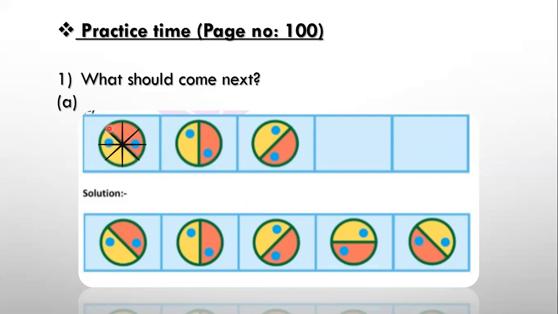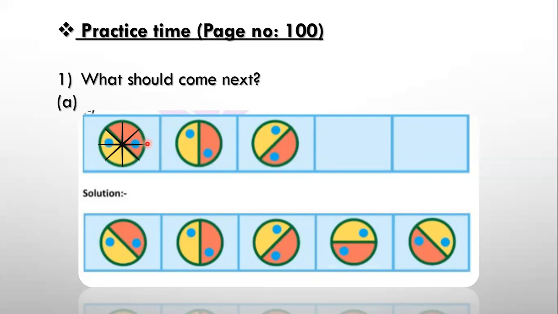And when it makes a 45-degree turn, see the movement of the pointer from here, it will be coming to this position. See here, that is shown in the second figure. Again from there, when it makes another 45-degree turn, here it will come. See here, that is shown here. And we have to find out how the design will look in the next turn. So now it is here, no? When it makes another turn of 45 degrees, it will be coming here.